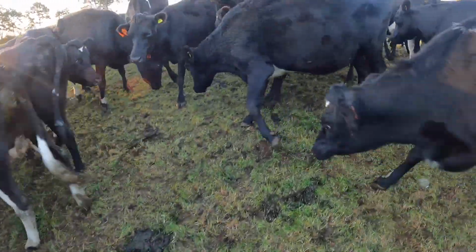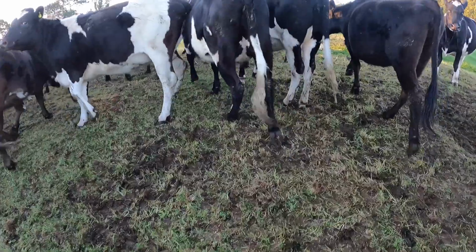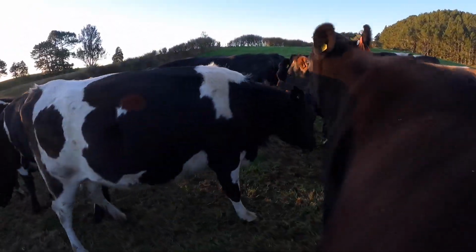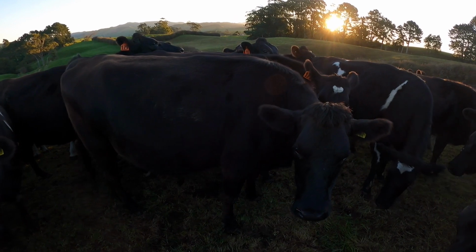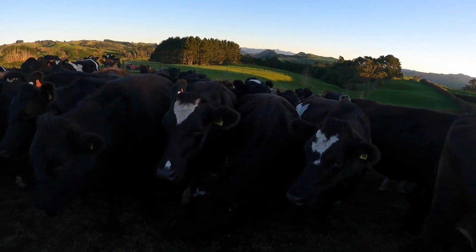So they're getting about 0.4 of a hectare. Just grass, no silage, nothing else at the moment. Settle down, girls. So yeah, these girls are looking good. I'm really happy with the condition. It's definitely